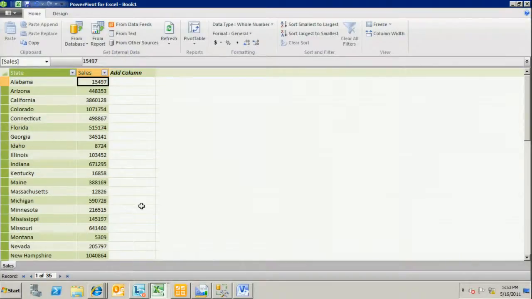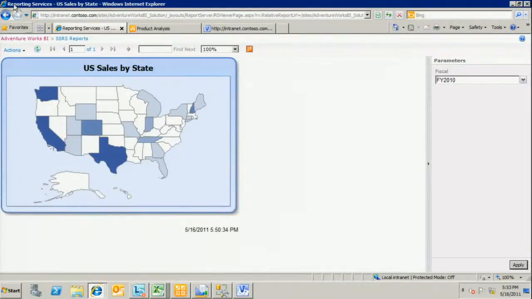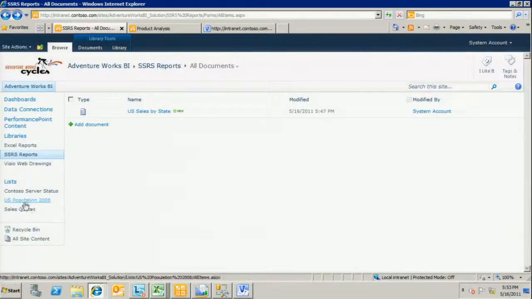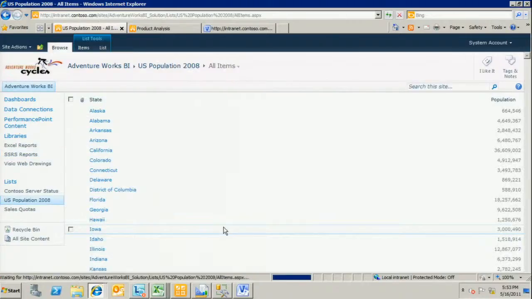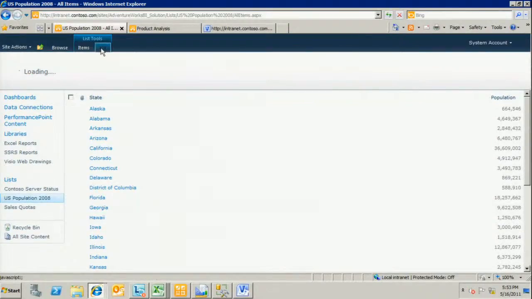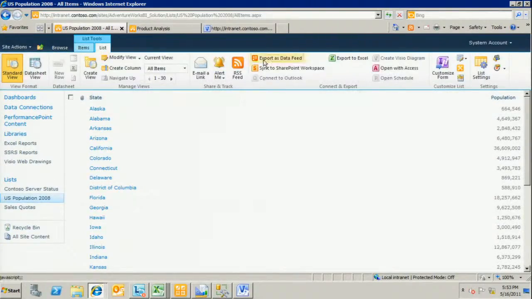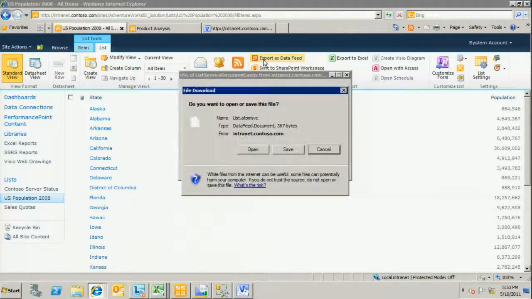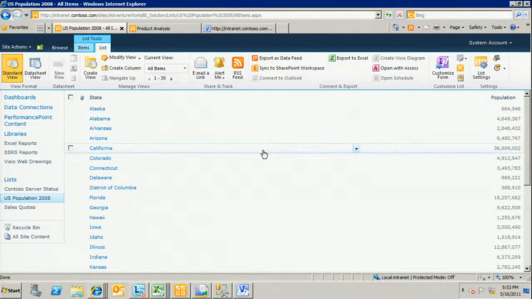Okay, now I want to introduce from a different data source population information, and it just so happens in my SharePoint site that I have US population from the census in 2008. Gone to the effort of loading it into this list. All right, so when I come to the list itself, look at this, I can export as a data feed. And again, opening the Atom service document,